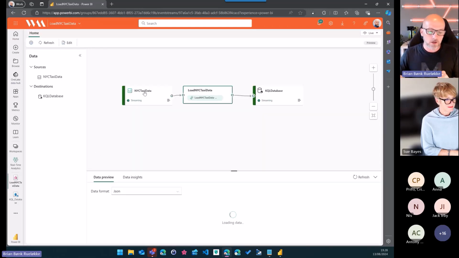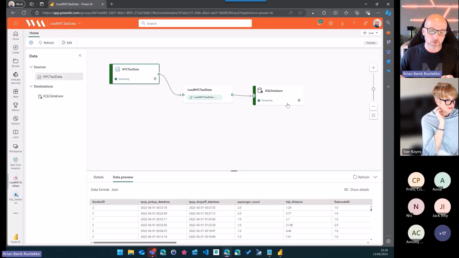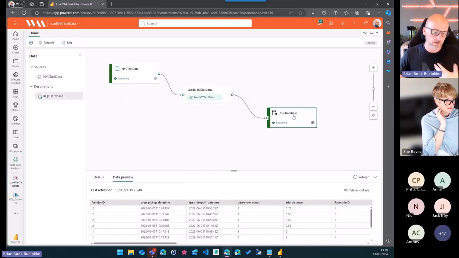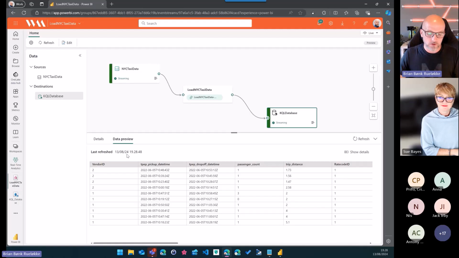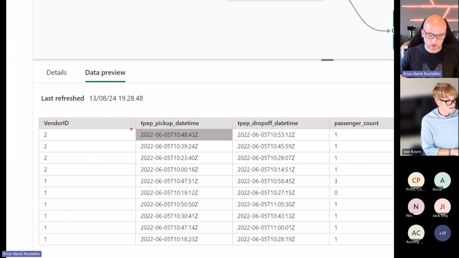I've not done anything to it other than putting it into the KQL database and this table I just talked about. This is streaming live now as I speak, but the data is not live. This was just ingested at this time. I am 1 hour ahead of you guys in the UK. And look, the date time column right here is from 2022, but the data is still coming in live to the database.